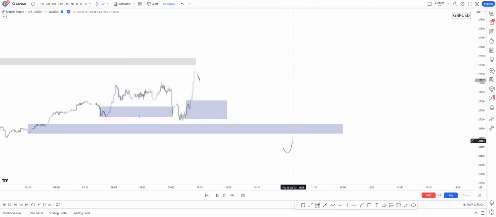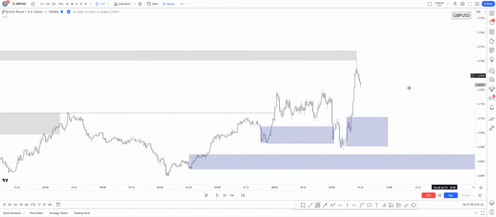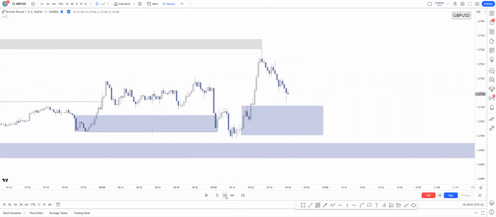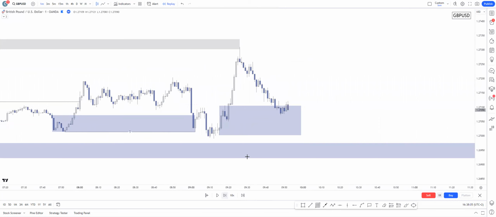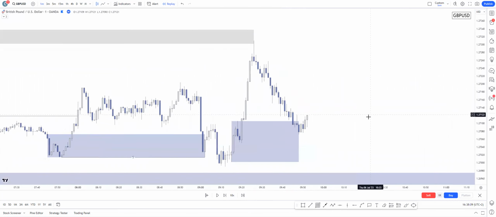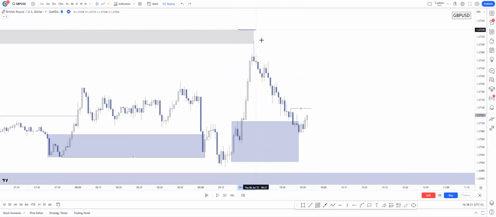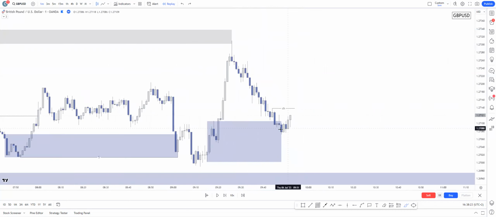And let's play price forward and see what happens, because after the mitigation of this 5-minute demand, there was another possible entry opportunity. There was a mitigation, and I wanted to see the fail of this high point. Actually, in this case, this was a really slow, full of efficient movement to the downside after this 50-minute wick supply mitigation, and